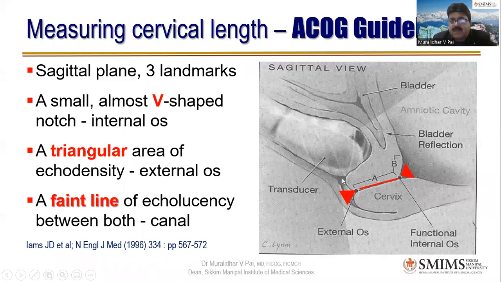So some people start measuring from here to here and all that cervix. So don't measure the external cervix. You measure this portion. This is the place where you are supposed to measure. If you measure from here, you feel that cervix is long. If you measure from here to here, you feel that cervix is short. I hope you are seeing my white arrow as I'm showing which are wrong places to measure. This is the right place to measure.